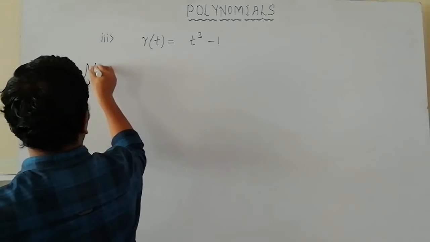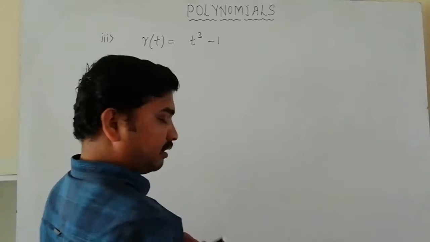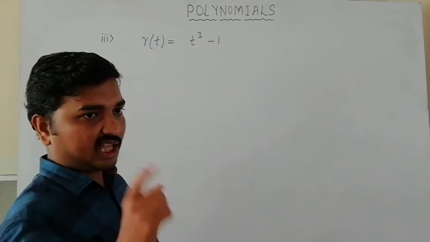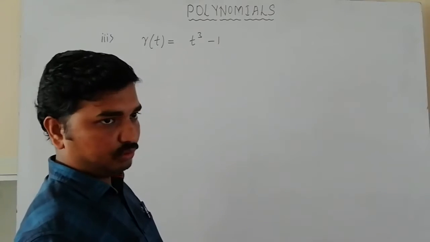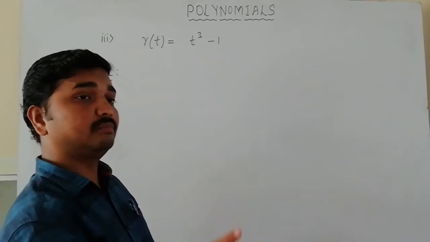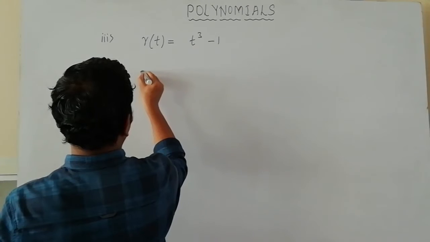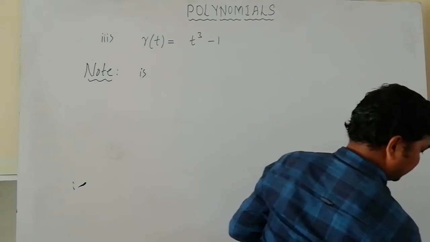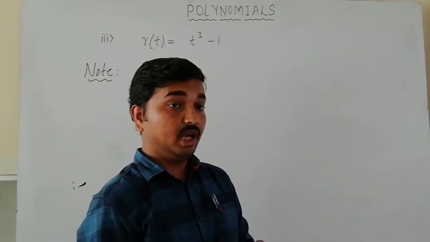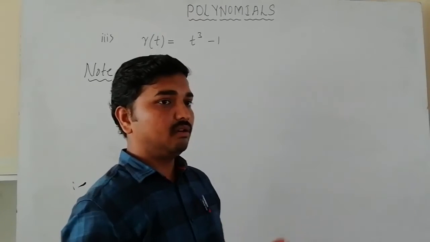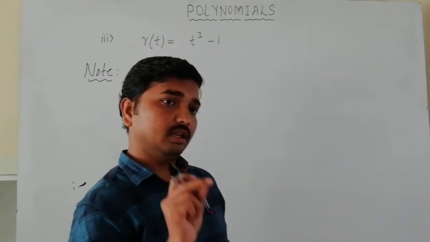Now one more thing you need to remember or understand is, I think yesterday I told you to read the textbook. So now I'm going to write some algebraic expressions. So now clarify here. Note, I'm going to write the first one. This is an algebraic expression. I'm not going to say this is a polynomial, I'm going to say just algebraic expression. You need to decide whether it is a polynomial or not. If it is not a polynomial, you need to give the correct reason.